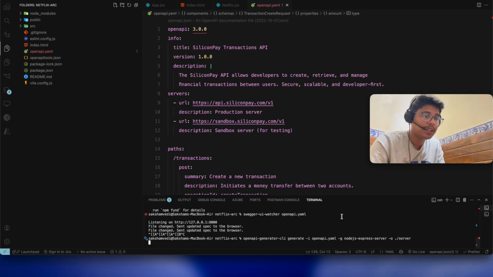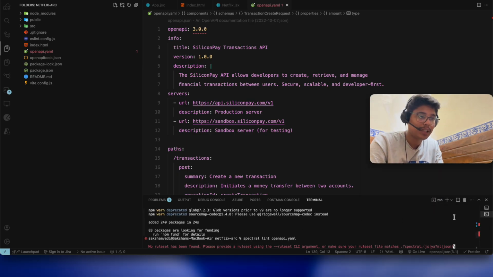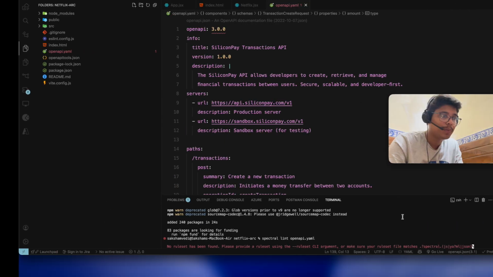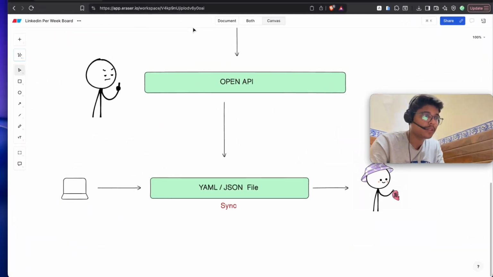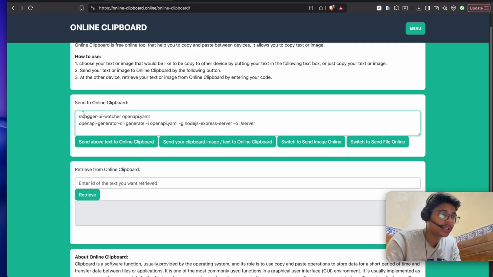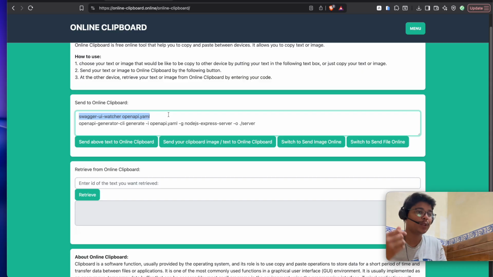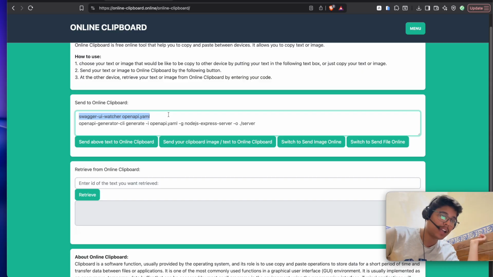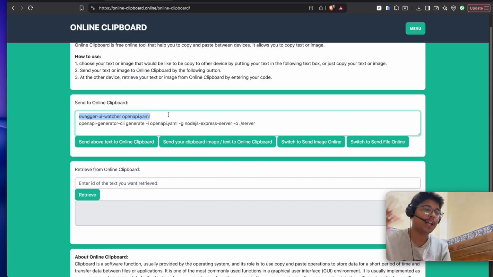Okay, so let's start. Suppose you have to see it in action. So let's go to our browser once again. I copied it. You don't have to learn it, you can just Google it and get the Swagger command. Swagger was launched long back. It helps to visualize the API, and I think it has a lot of other features too.